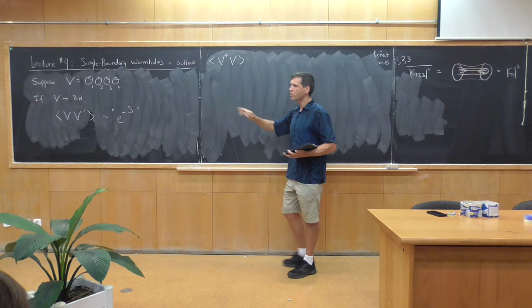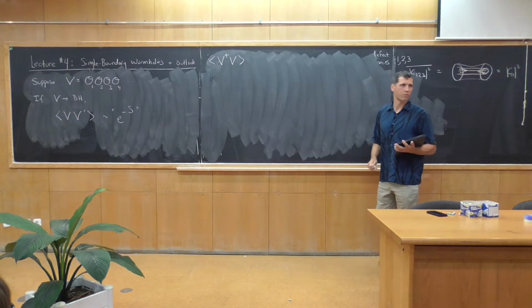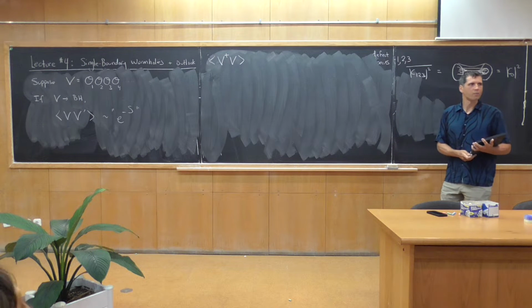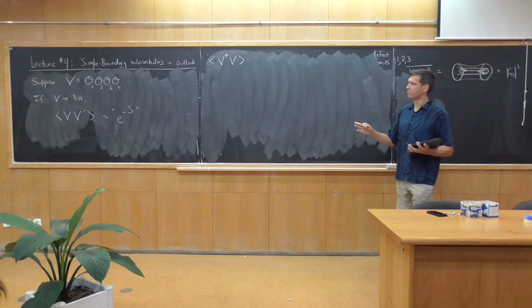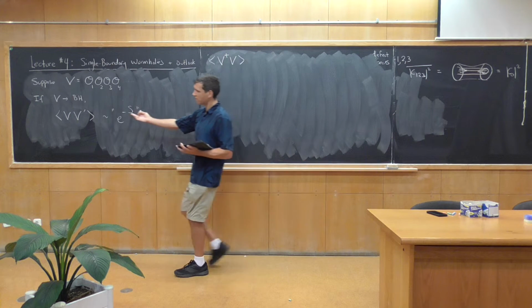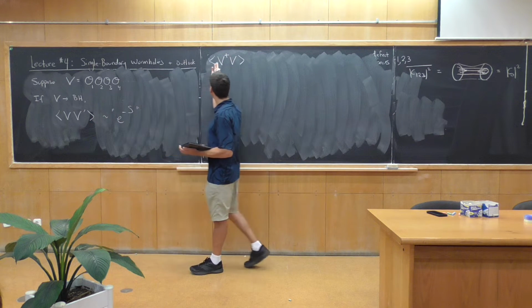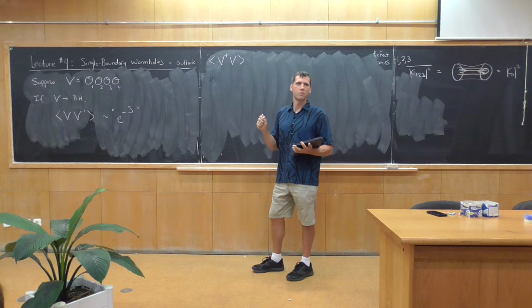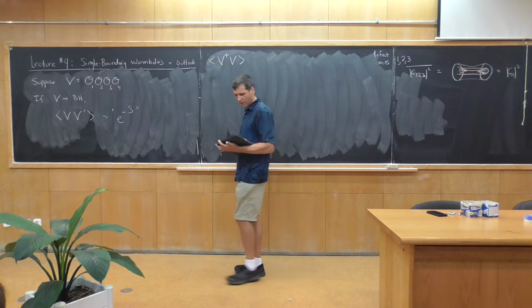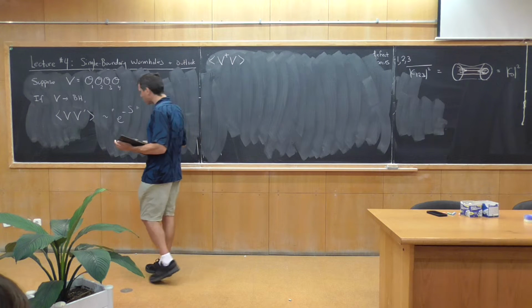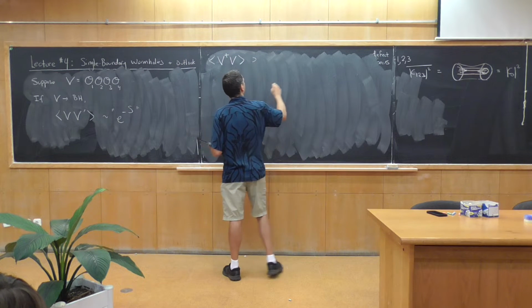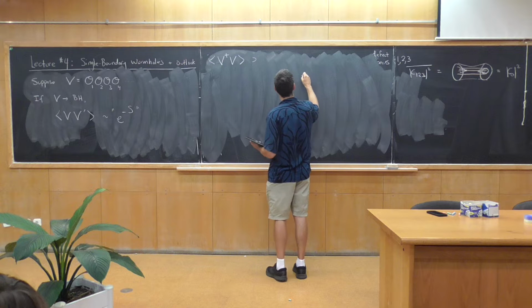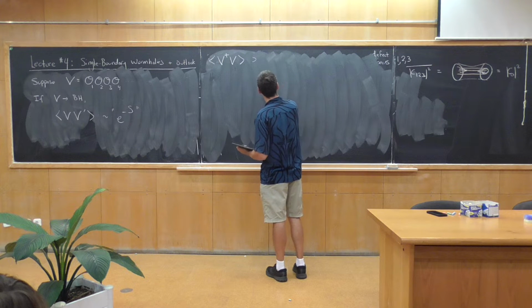I want to partially confirm this through these single boundary wormholes. I'm going to start not with two different operators, V and V prime, but with an operator and its conjugate, V dagger V. When we calculate V dagger V, there's a contribution, say it's that 4-point function, that's one of these handle wormholes.